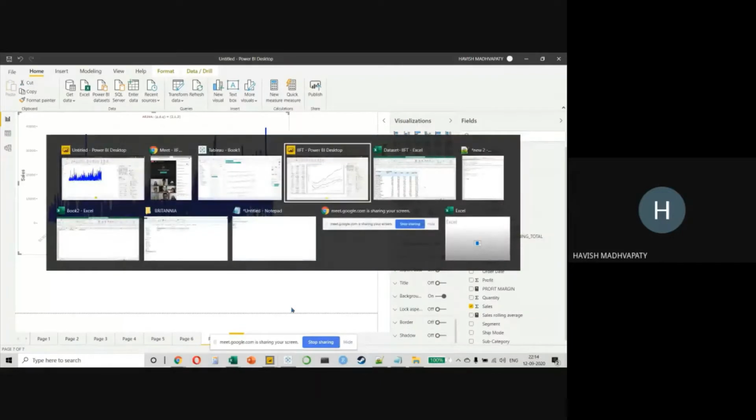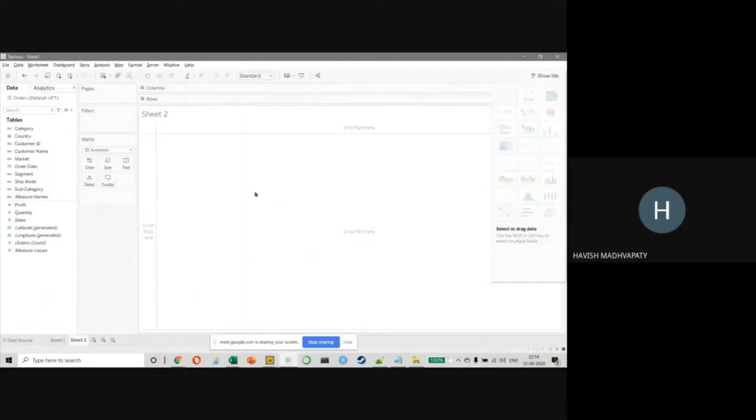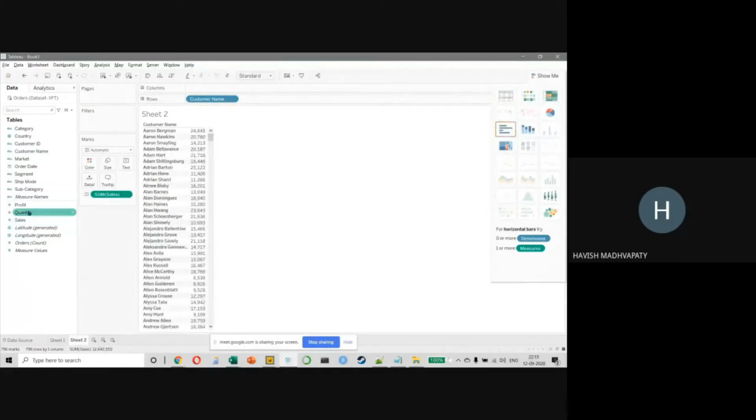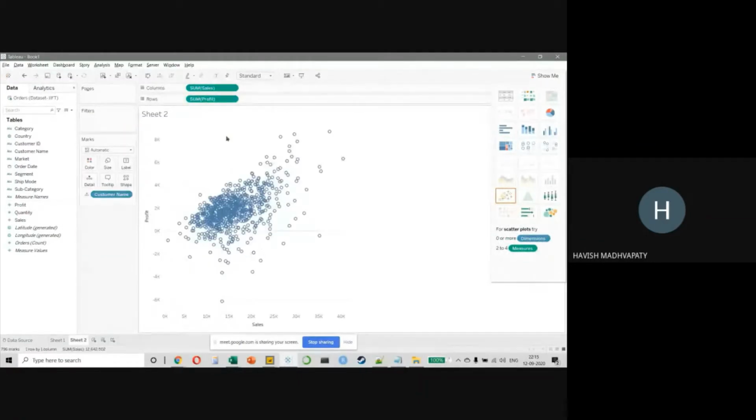And like I said, in Tableau, one more thing I wanted you guys to work on was the customer clusters. Even though I know I did not ask that question, I wanted you guys to use it at some point. This will just be the last example I take. Like if I keep my customer name and my sales value, I could have also kept my profit value and made it into a scatter plot, right? Like this. And now how do you see clusters?